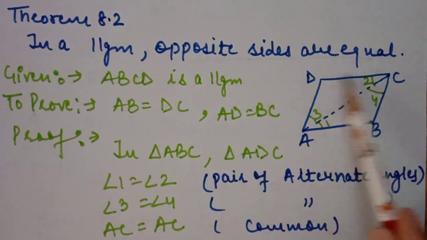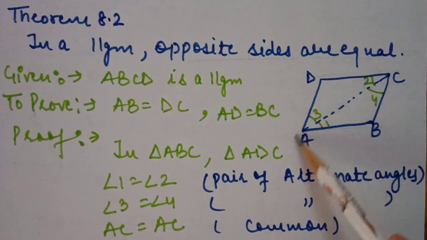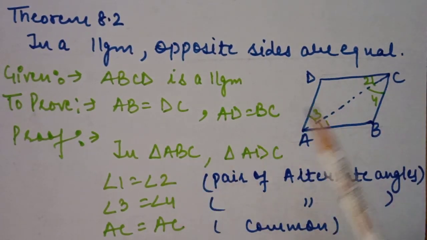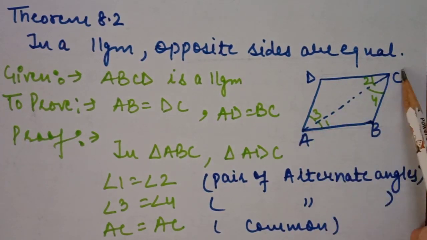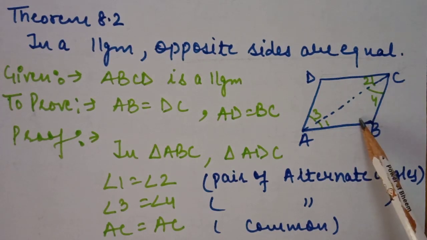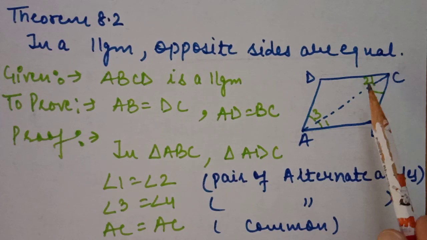So given we have a parallelogram ABCD, in which we have to prove that AB and DC are equal to each other, AD and BC are equal to each other. So similarly, like your first theorem, we will join diagonal AC and convert this parallelogram into two triangles. We know very well that the two triangles are congruent, but because it is a theorem we prove it. If it is a question, then we will directly write that the diagonal of a parallelogram divides it into two congruent triangles. Now we will prove the congruency again.